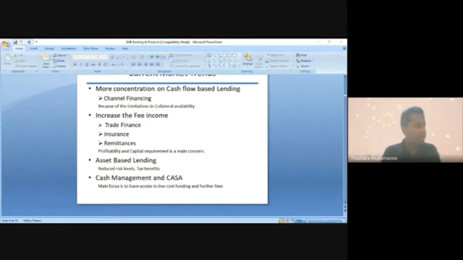So, if you can manage your lending through current account, what a heaven you are in. I know for sure there are some banks whose current account balances are so much. All are 0 cost. Then the effective cost of funds comes down and you are in a better position to win customers, a better position to fight with your competitors, because their cost of funds may be 5, your cost of funds is 3. So there's a 2% play now. So you can even lend at 5%. The others can't even think of it.